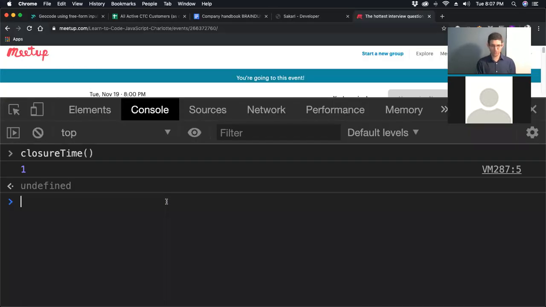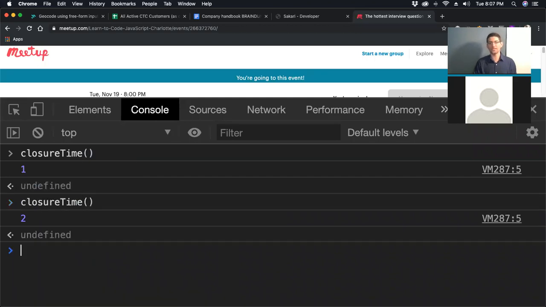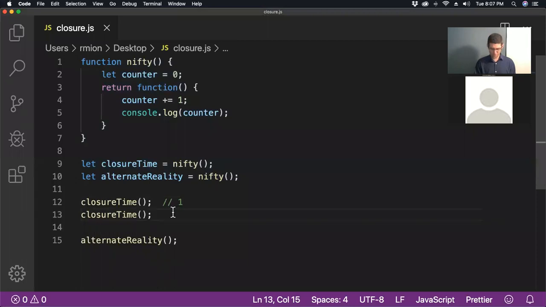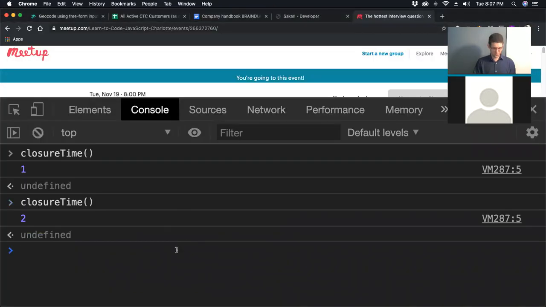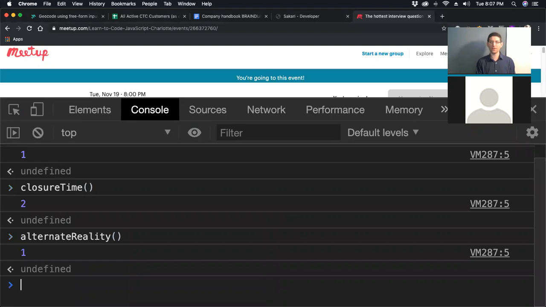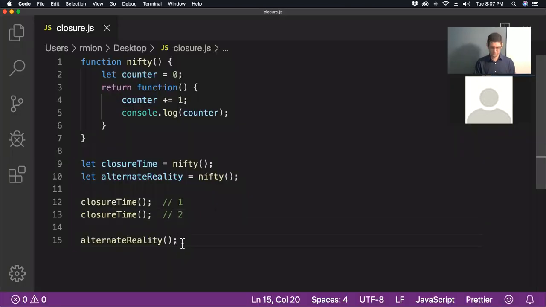If I do it again, so line 13, closure time, I see 2. So this is 2. And if I call alternate reality, I get 1. So 1, 2, 1.